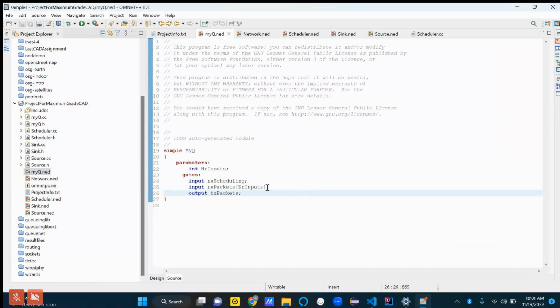What I can tell you is more than likely this RX scheduling gate is going to be the one receiving messages from the scheduler. I don't really know what the RX packets thing is yet, but we'll figure that out.